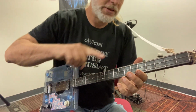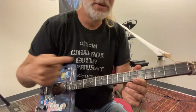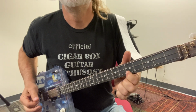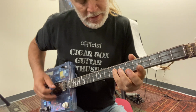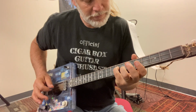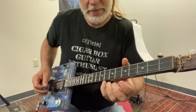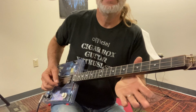Now we're going to go to the third one down. And again, this is the same pattern over and over and over going down. Now we're going to go back to our ring finger, 7th fret, pull off to the 5, open. Now I'm going to use my pinky, 8th fret, back to my index, 5th fret, open, back to my pinky at the 8th, middle, and then open at last,